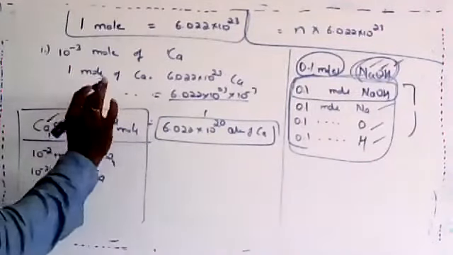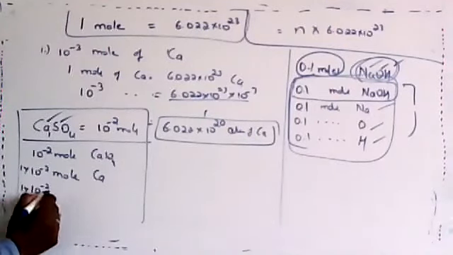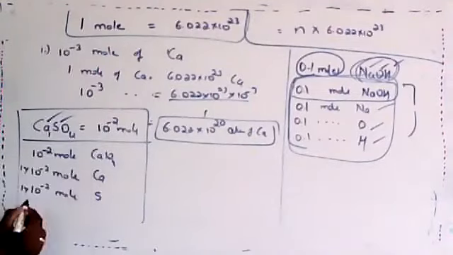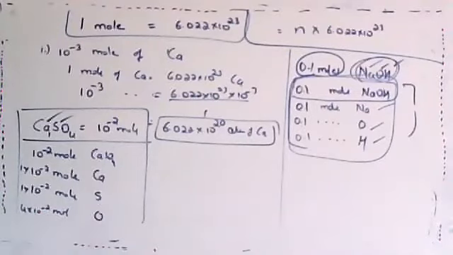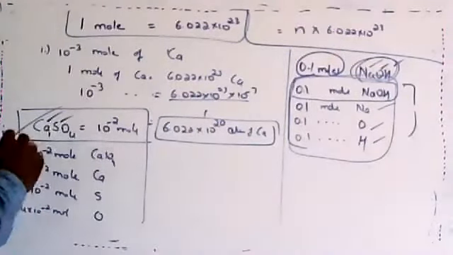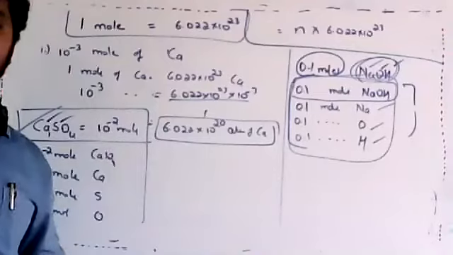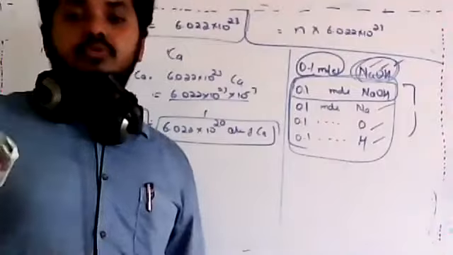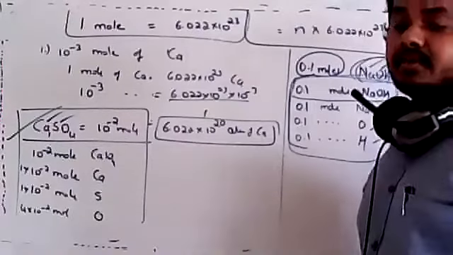How many sulfur are there? 1, so it again contains 10 to the power minus 2, or you can multiply also, 1 into 10 to the power minus 2 moles of sulfur. Then there is one important thing: it does not contain 1 oxygen, it contains 4 into 10 to the power minus 2 moles of oxygen. Are you understanding? Yes, Prajwal. This is very important in calculating the number of atoms in a given molecule. You may get a question like this, and there are also many questions you will find at the CET or NEET level.